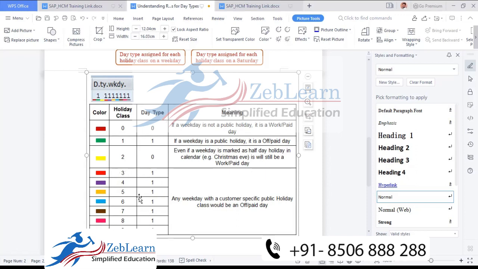How will the customer holiday work? If the customer gives the mental wellness day and we have given the holiday to our employees, how will it be? Will it be paid or unpaid? It is a customer decision. For example, if in my company we have decided at the start of the year that the annual day, the company establishment day, is decided, then that will be a complete off day, also a paid day. That will be a holiday and a paid day.